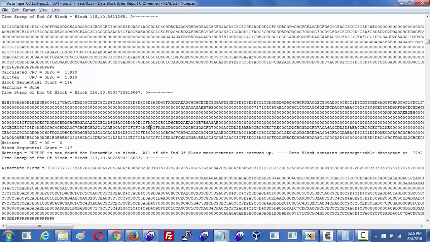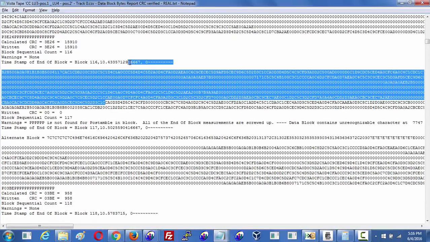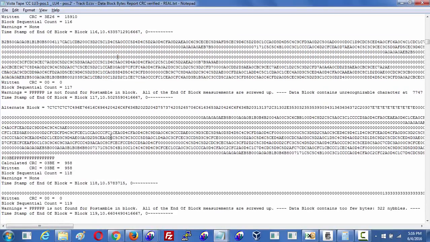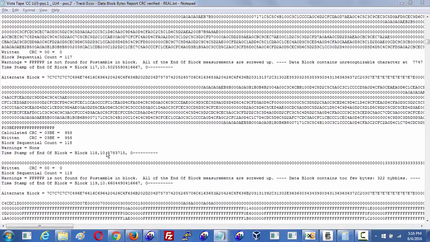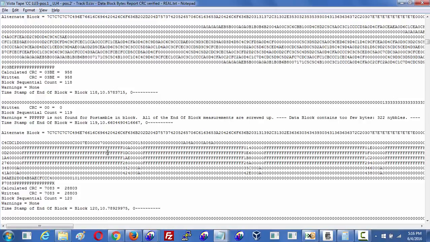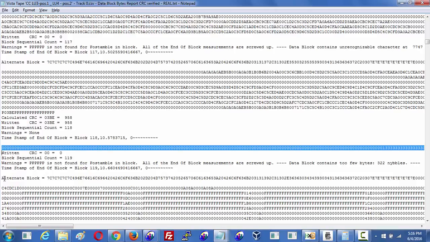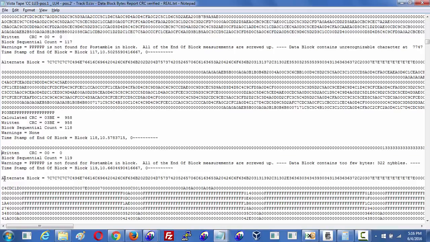But I'll just show you what I see here on the data block bytes report. Block 117 is fine. Block 118 is fine. Block 118.5 is missing because we needed to go through this process to detect that it existed. And here's block 119. Block 119 is too short. I can tell just by looking at the block sequence here that we had a bitwise shift, and so